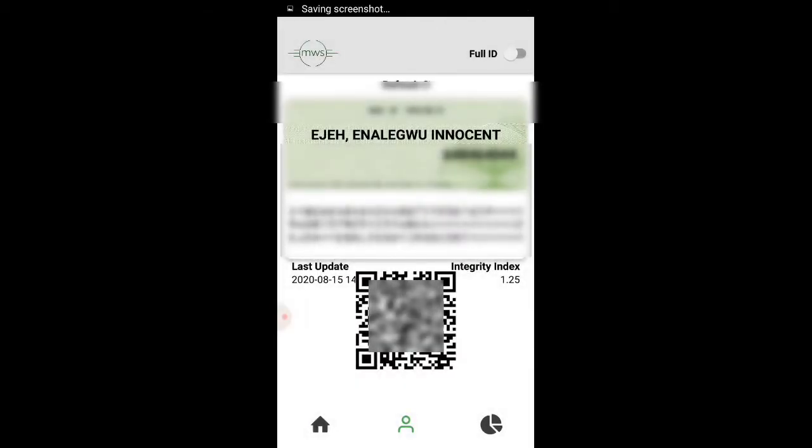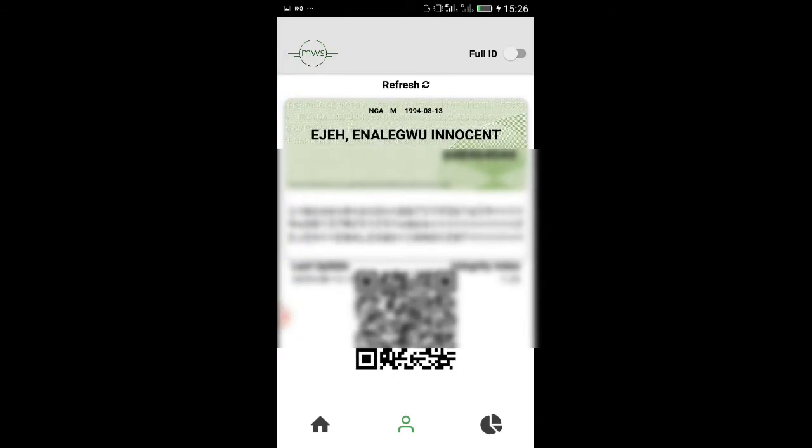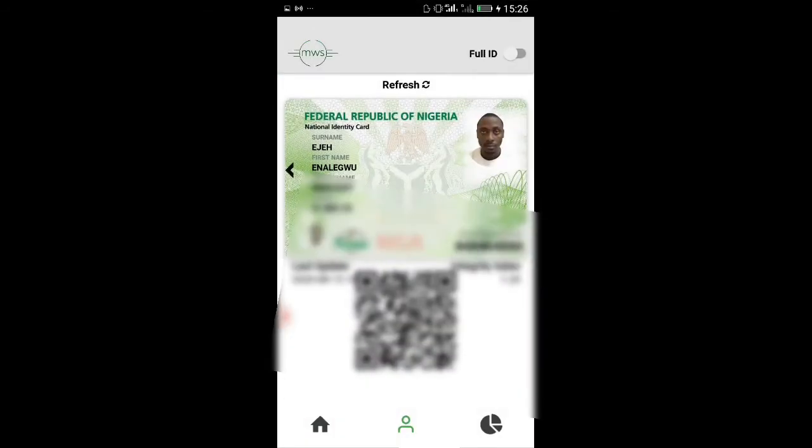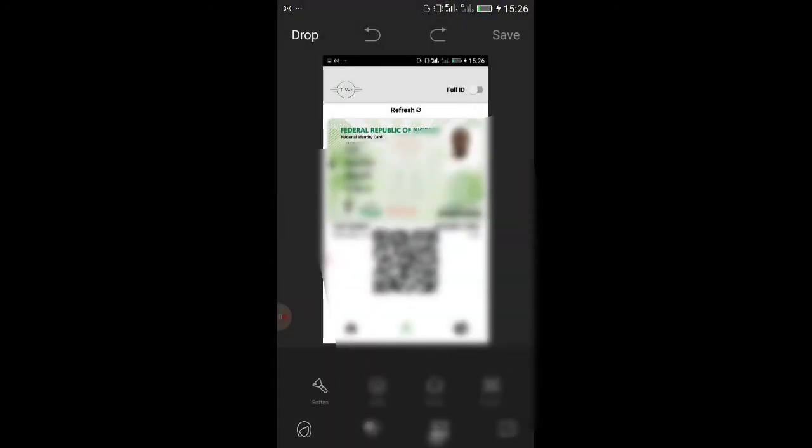So I will locate this particular screenshot on my gallery. As you can see, I'll go to my gallery, open the gallery application. I will swipe. As you can see, these are my screenshots. So I'll click on any of them. I'll click on my edit application. I will look for where I can see this